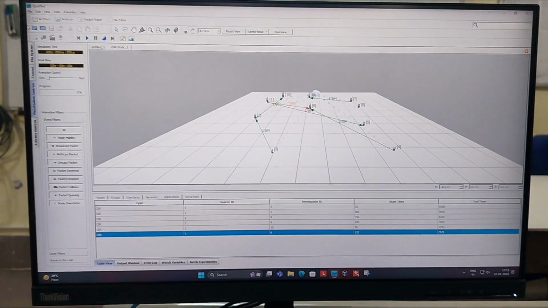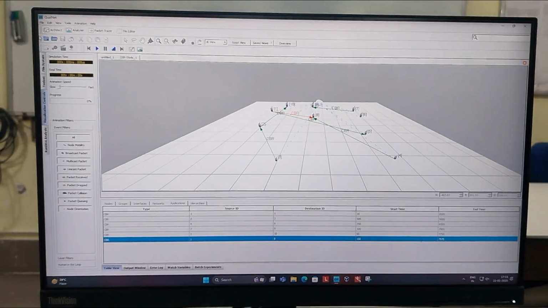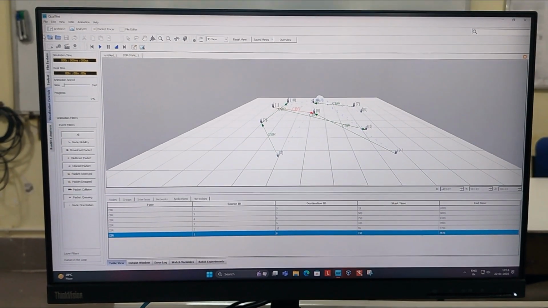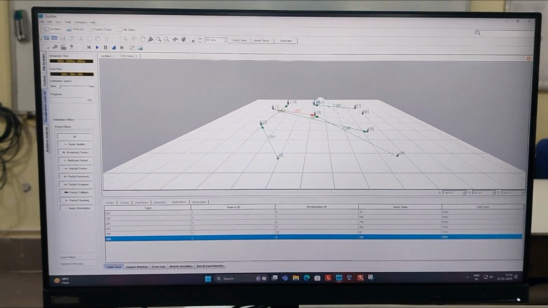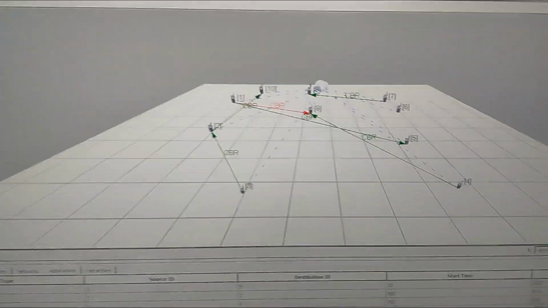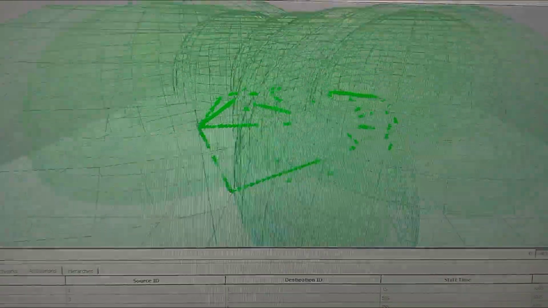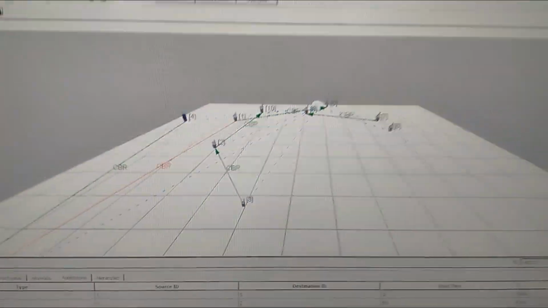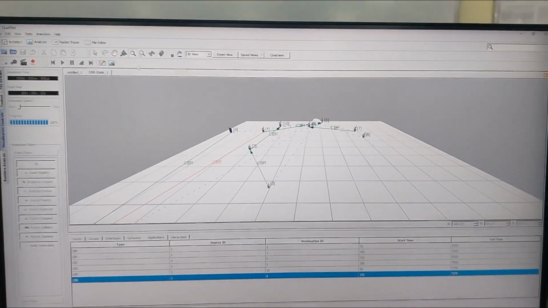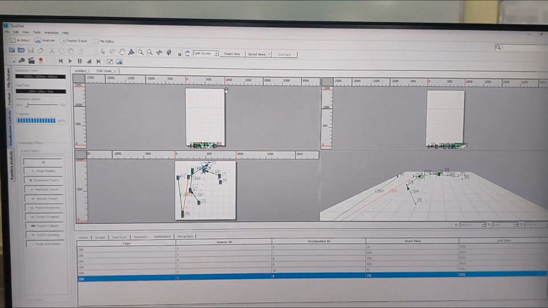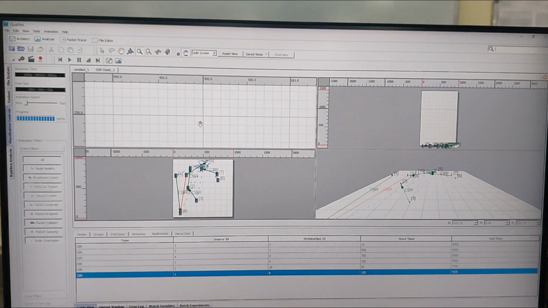This is the interface for QualNet network simulator by Scalable Networks. This is a proprietary network simulator software. So here students would be able to see different network deployments and simulate and understand different types of wired and wireless networks. Now this is a very rich software. We are able to analyze networks.